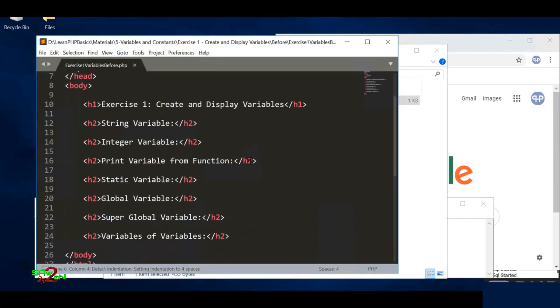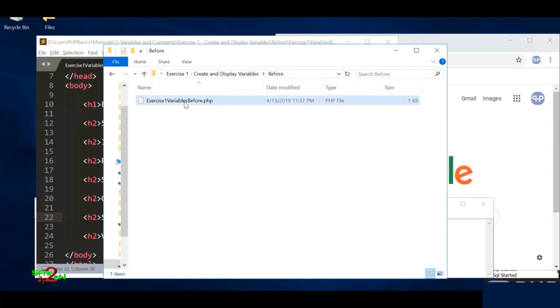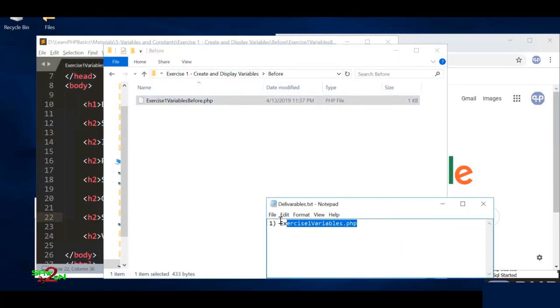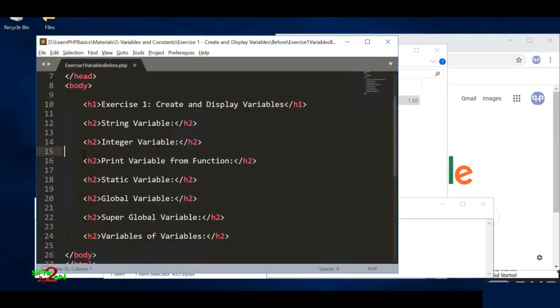Here are the exercises. First, define a string variable, an integer variable, and print a variable from a function. Then define a static variable, a global variable, a super global variable, and variables of variables. Okay, so let's look at this file. The output file is basically the exercise one variable. So let's create this file